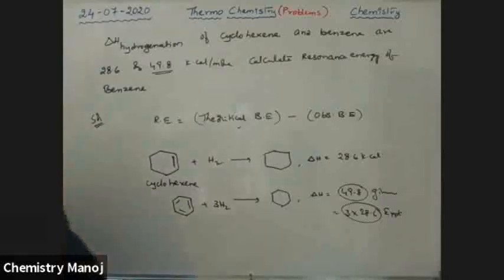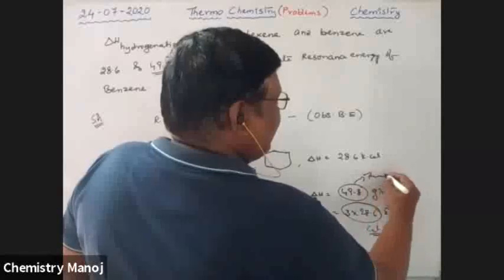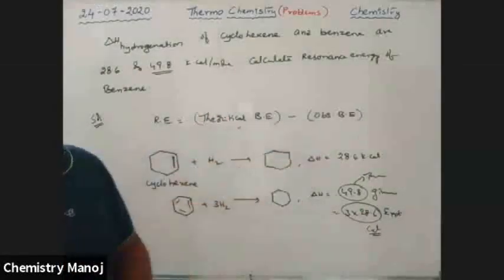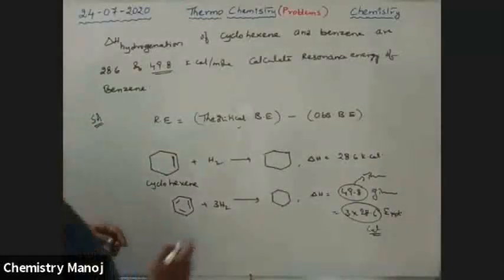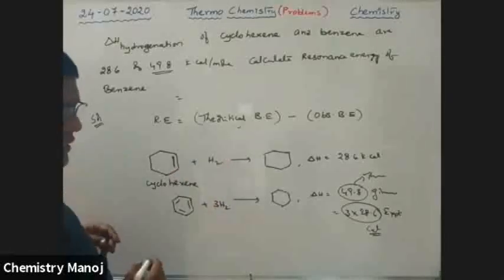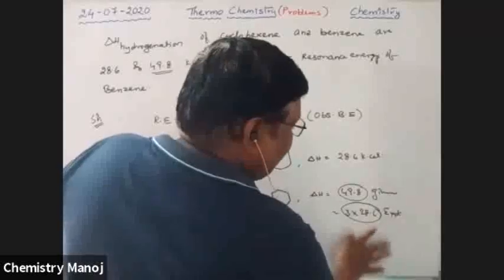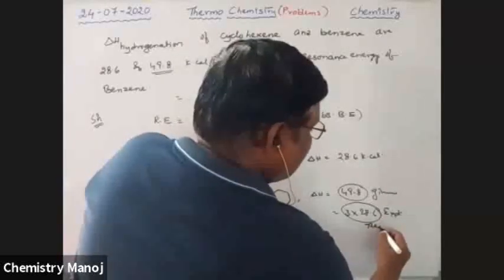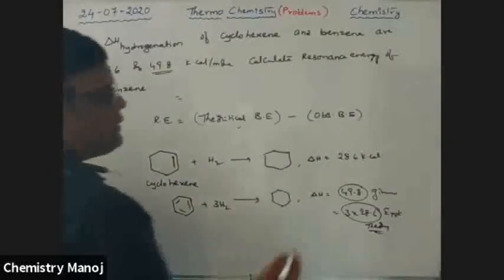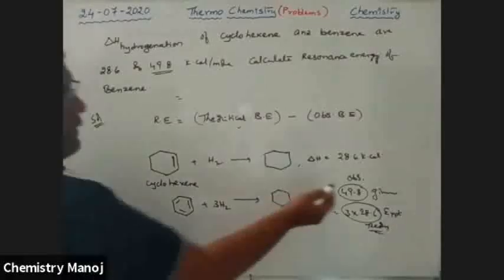Okay. So this is a calculated value. This is a theoretical value. Theoretical value minus calculated value, see here. Therefore, resonance energy is equal to the theoretical value. And how much is the theoretical value? It is as per theory. It is a theoretical, higher value. And this is the observed value. So this is the given value.